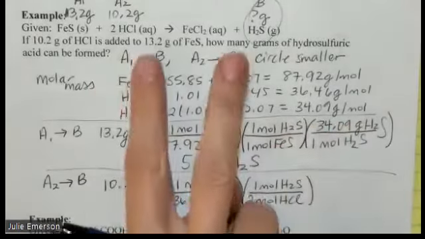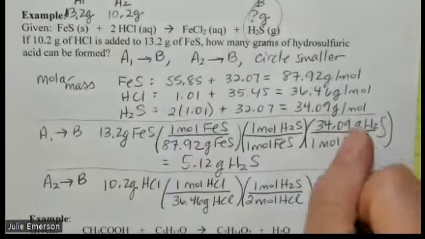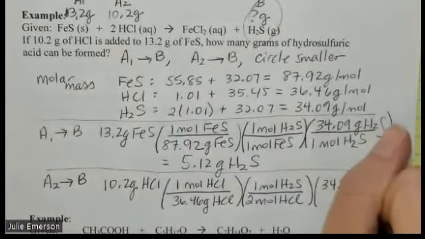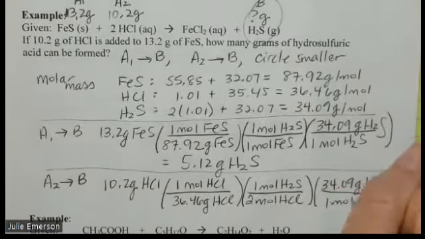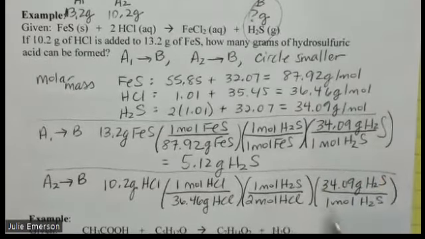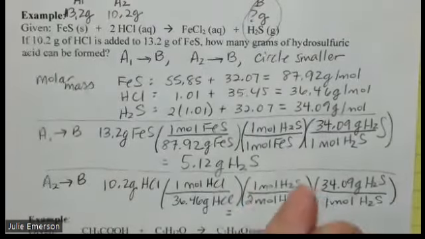Again, I'm pulling those numbers right from the balanced equation. It's a 2-to-1 ratio. And then 34.09 grams H2S is 1 mole of H2S. So on my calculator, 10.2 divided by 36.46, divided by 2, and then times 34.09. And here I get